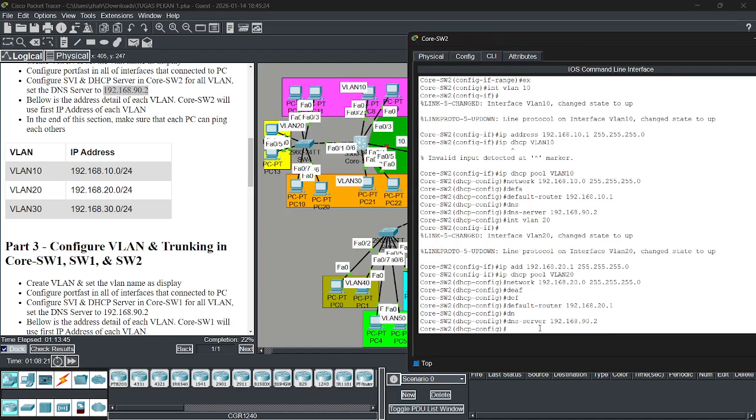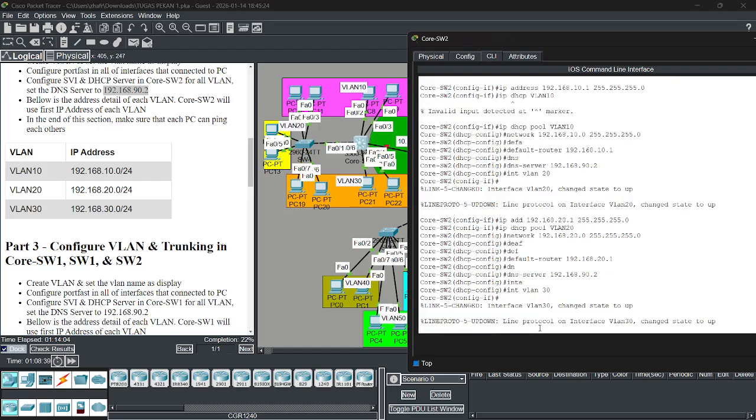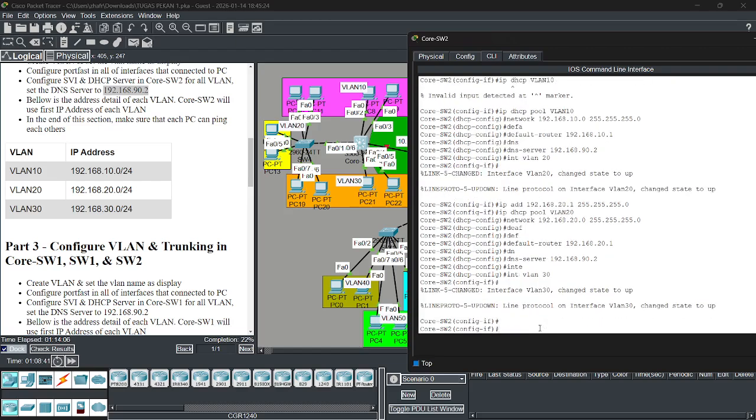Okay, and then interface VLAN 30. IP address is 31.